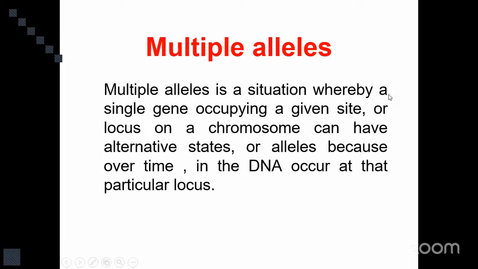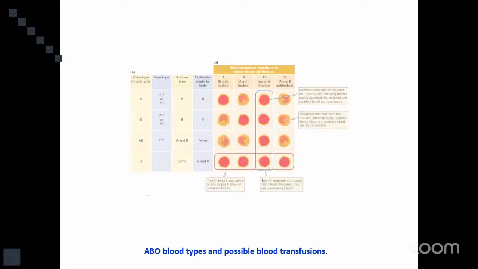Multiple alleles. We are very familiar with that because this is a situation whereby a single gene occupying a given site or locus on the chromosome can have alternative states or alleles, because over time changes in the DNA occur at that particular locus. So this is actually nature's way of increasing variation. Here you have classical cases like the blood groups,